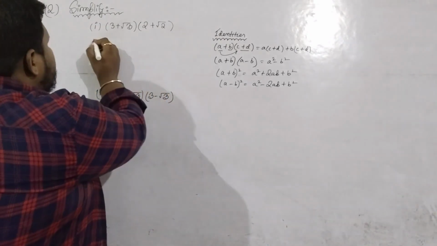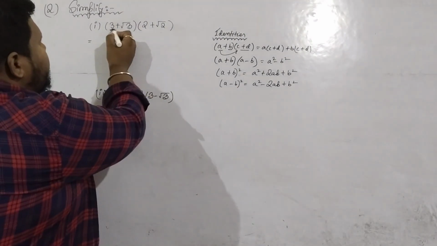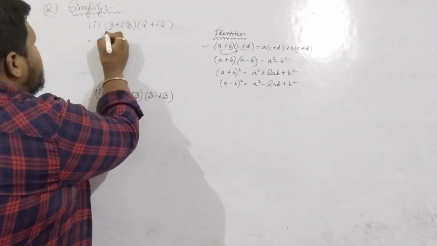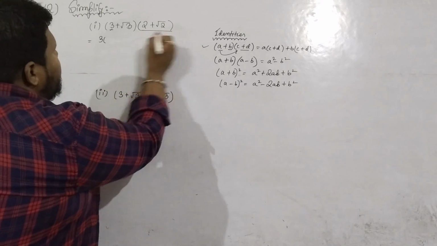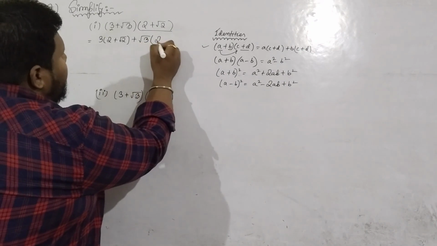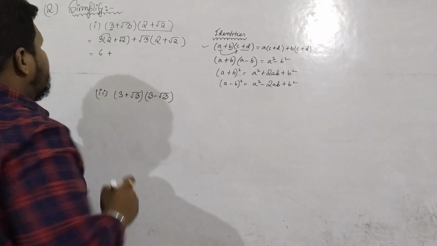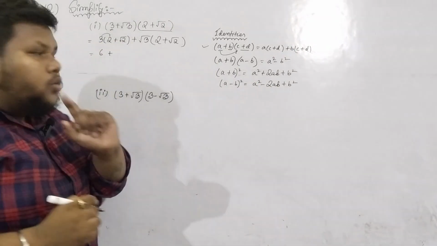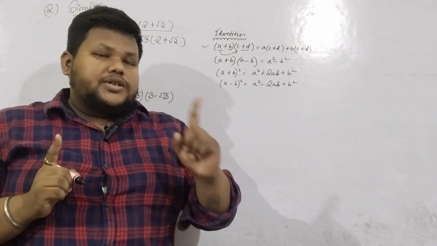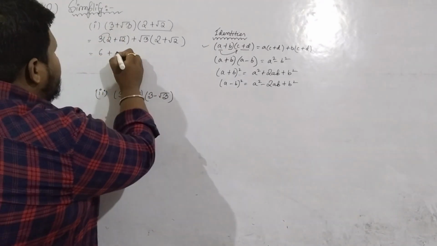Okay, so the first question: 3 plus root 3 into 2 plus root 2. You tell me, all the terms are different, which formula will be applicable here? This first formula, right? Distributive property. So this 3 you multiply with this whole thing, 2 plus root 2, plus root 3 you multiply with this whole thing, 2 plus root 2. So now 3 into 2 is 6. Again, when 3 will multiply with this root 2, 3 and root 2 are both different things, because 3 is a rational number and root 2 is an irrational number, so they cannot be multiplied together. So we will write 3